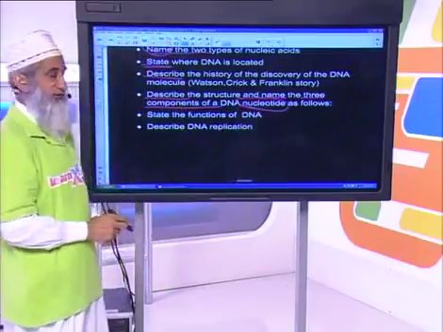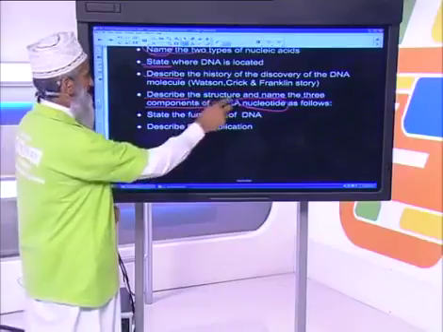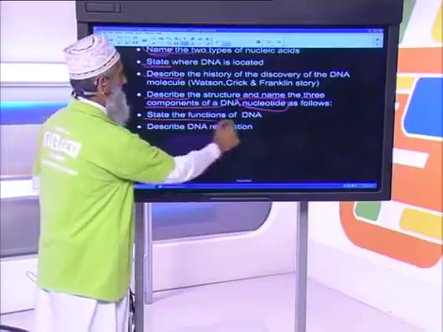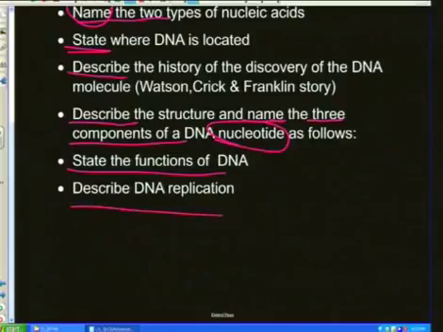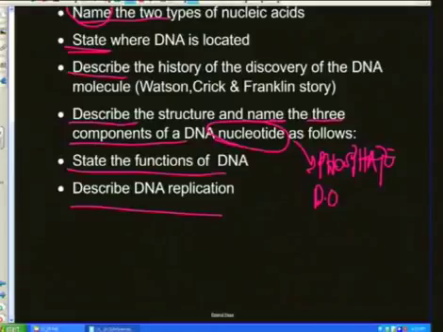We'll talk about that a little bit later. State the functions of DNA and describe DNA replication. The three components are the phosphate, the deoxyribose sugar,